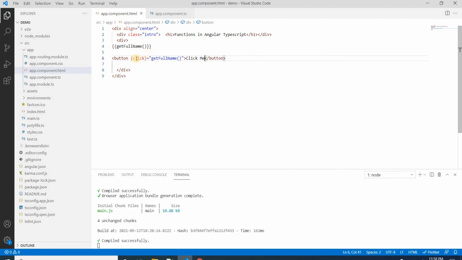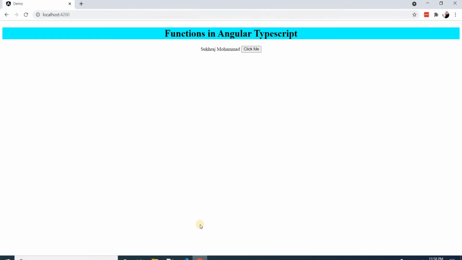When I click it, nothing is happening, right? Actually it's calling the function, but in the browser I am unable to see the changes.